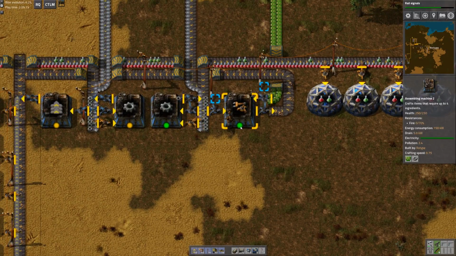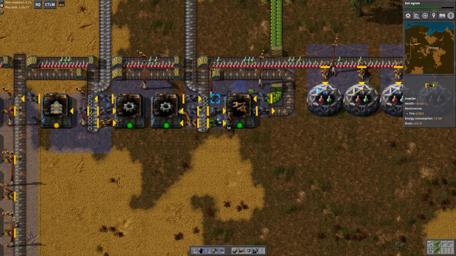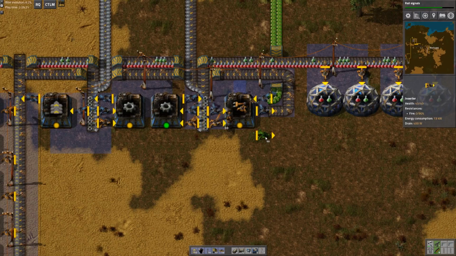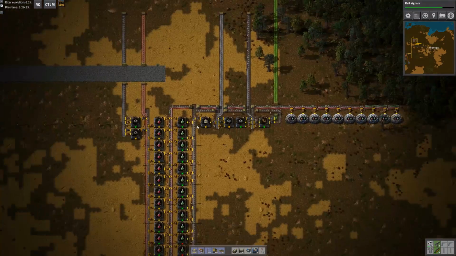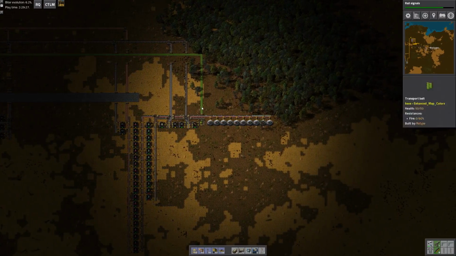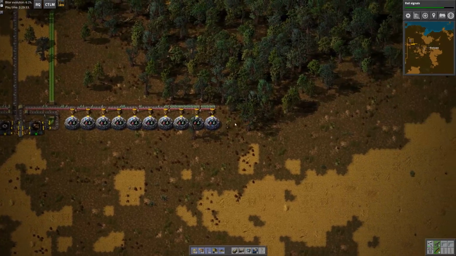So it looks like this one is just not quite keeping up. So I'll give it an extra. Yeah, all right. So now science is running, and I think even leaving space for blue, this might be enough. I think this might be enough space for blue. So